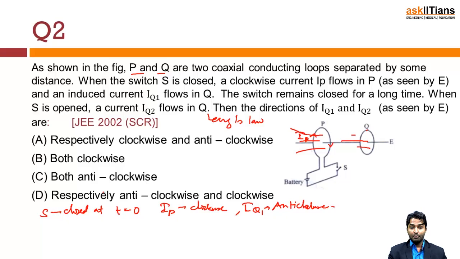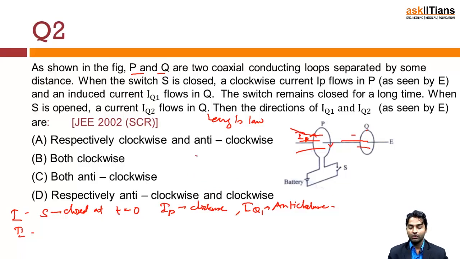Now part 2, case 2. This is case 1, this is case 2. In case 2, when switch S is open, they want to know the direction of IQ. Of course it would be clockwise. It follows the same concept: during the time the magnetic field due to IP from left to right decreases at the location of loop Q,